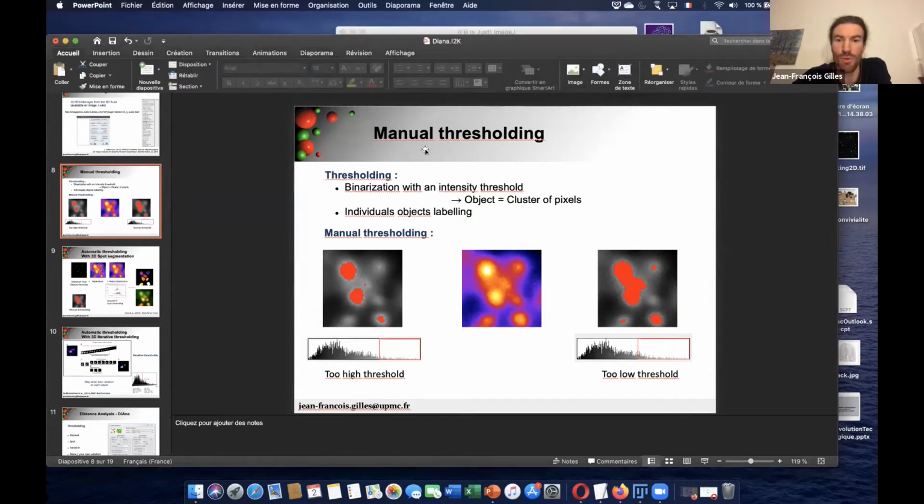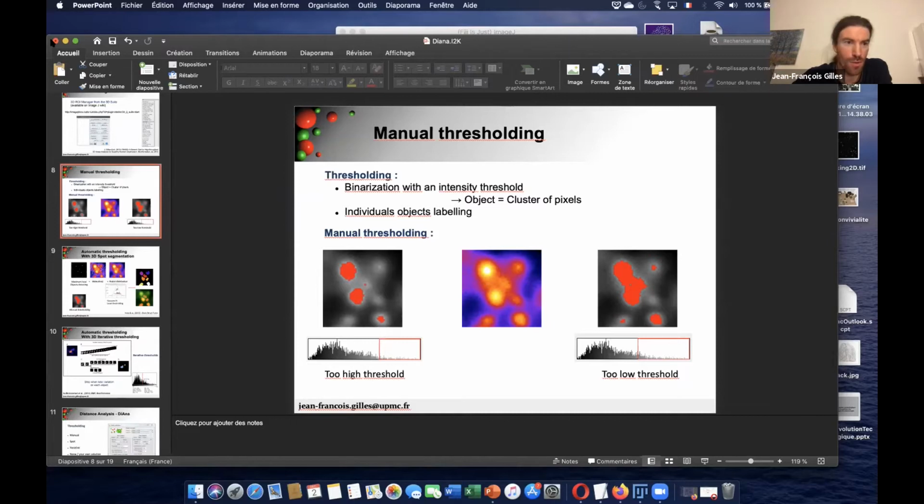It's like a manual thresholding, because we set a value in the image, and all the pixels which are higher than this value and which are connected, so they are touching, are put together to create an object.